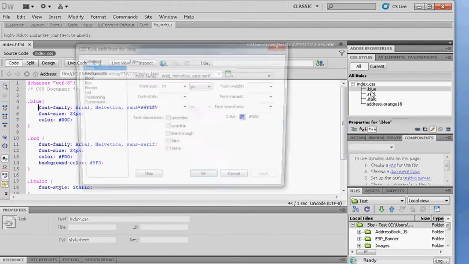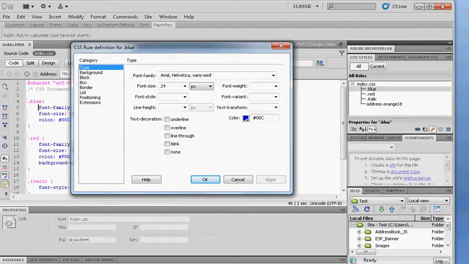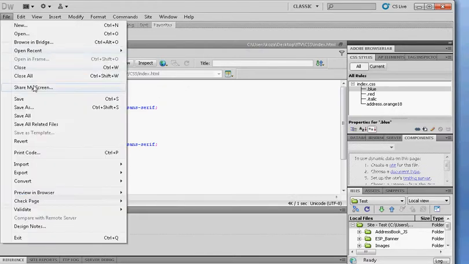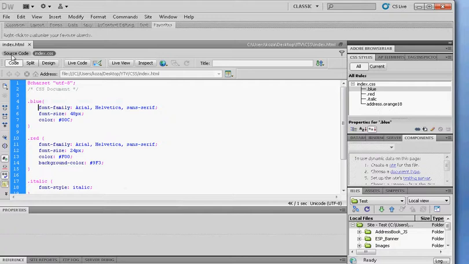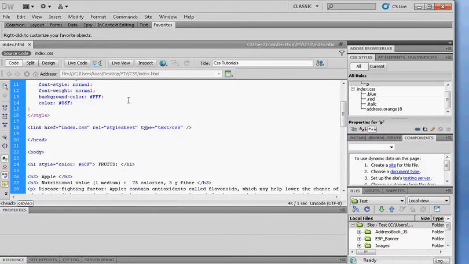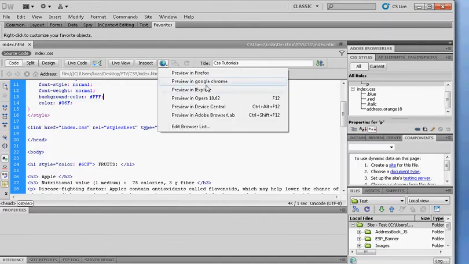So if I click on the blue here, I can change, let's say I want to change the font size to very big, let's say for example 48 here, and apply. Okay, and when you see the asterisk, that means it is not saved, so I save it. Okay, and I go to source code, and then I can open in the browser,